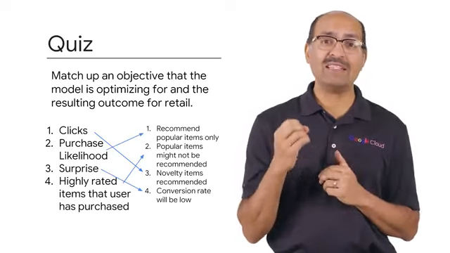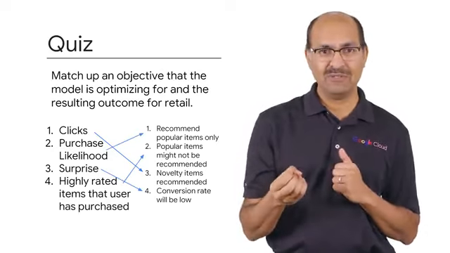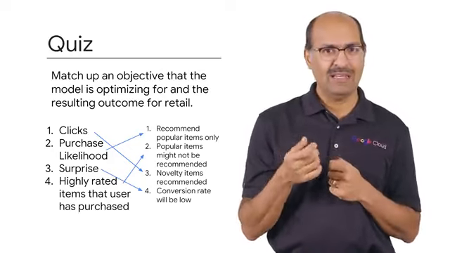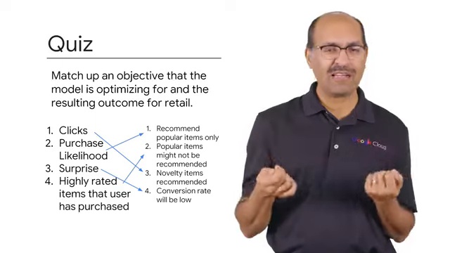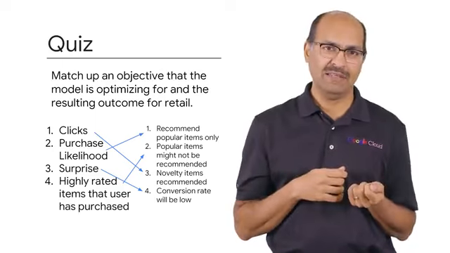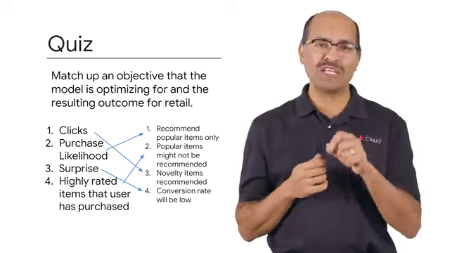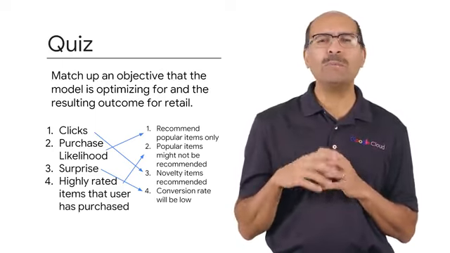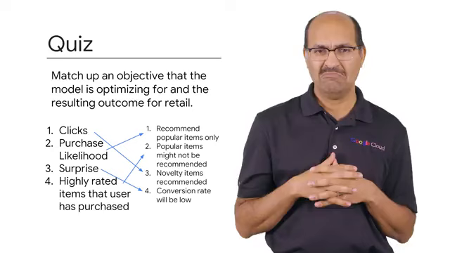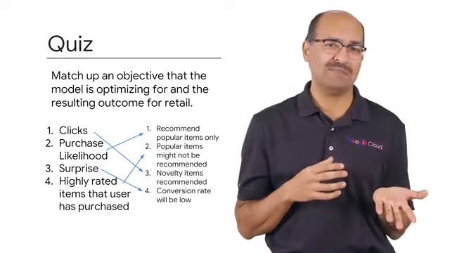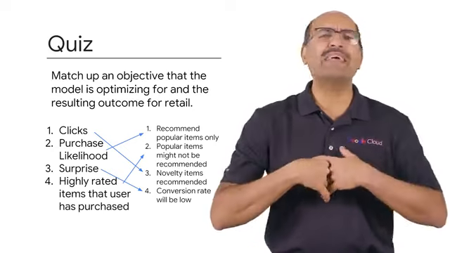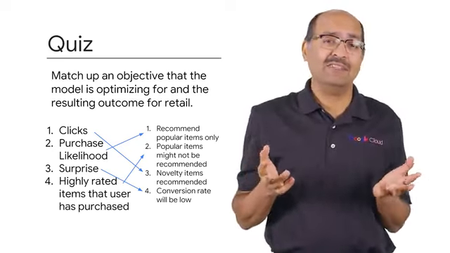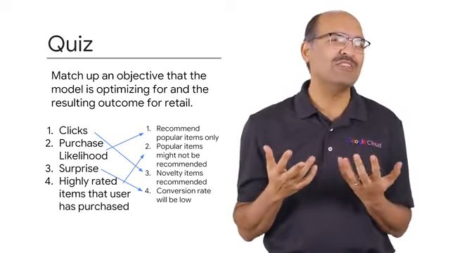In a recommendation system for an online retail store, if you optimize for clicks, you will get clickbait, novelty items that people will click on but never buy. If you optimize for purchase likelihood, you might end up recommending only popular items, like consumer staples. This is the stuff that people buy a lot of, but they were going to buy those anyway. Your recommendation system is not that useful, is it?